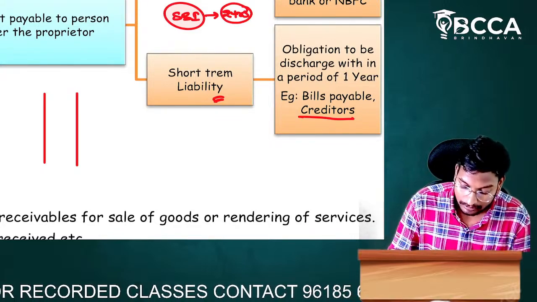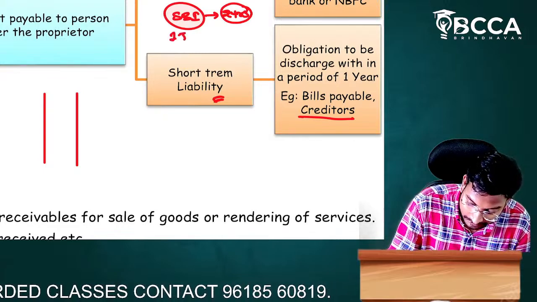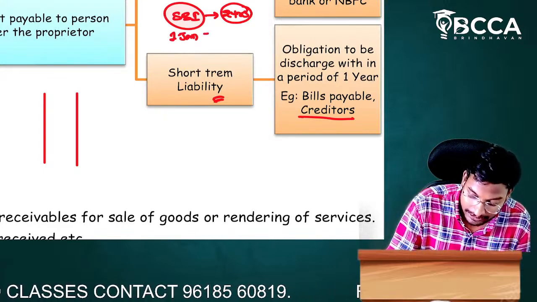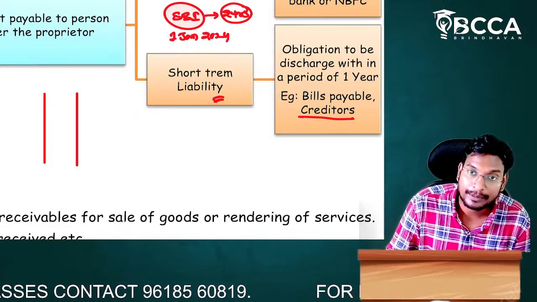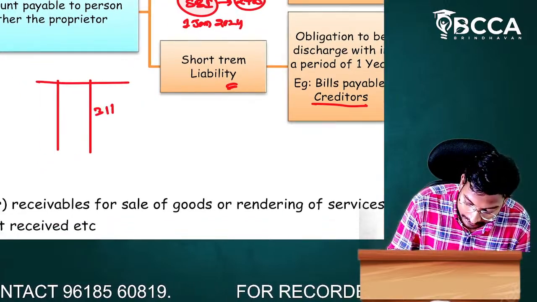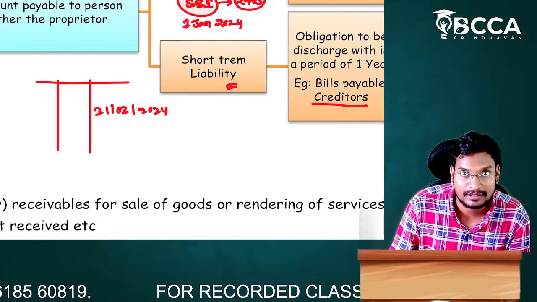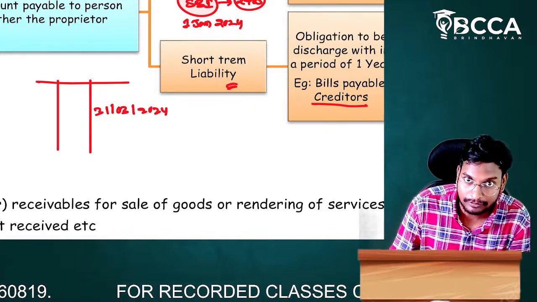Okay, sir? For example, we have taken a loan on 1st January, sir. We have taken a loan, what, sir? 1st January 2024. We are preparing the financial statements on which date, sir? 31st March 2024. We are preparing the financial statements on 31st March 2024. From here